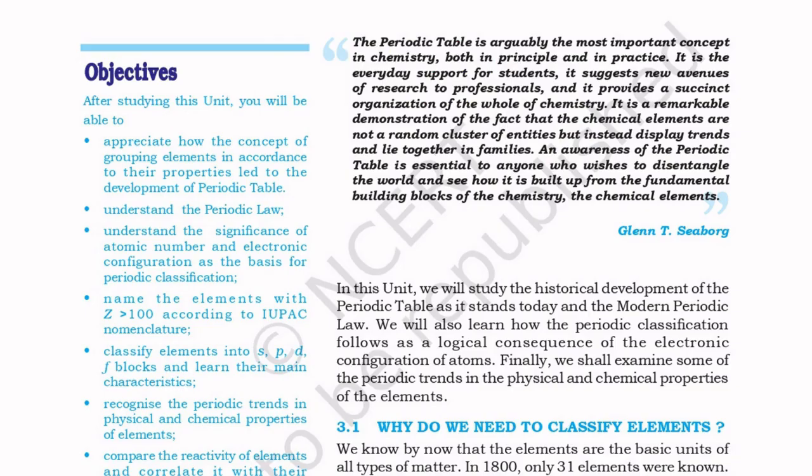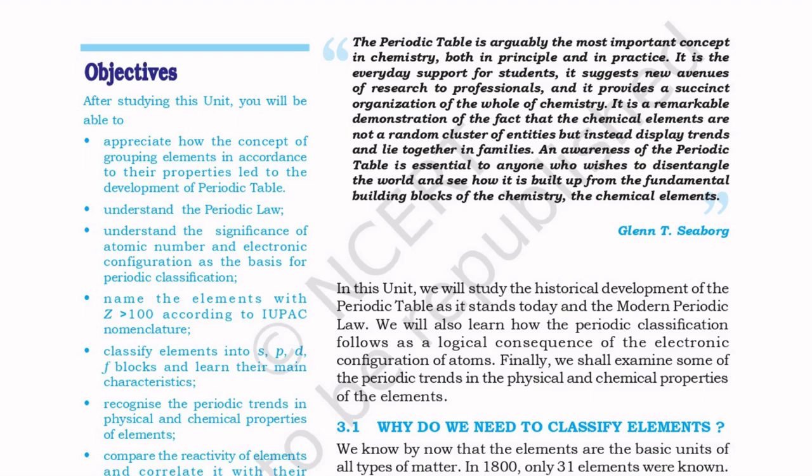Unit 3: Classification of Elements and Periodicity in Properties. Objectives. After studying this unit, you will be able to appreciate how the concept of grouping elements in accordance to their properties led to the development of the periodic table, understand the periodic law, understand the significance of atomic number and electronic configuration as the basis for periodic classification, name the elements with Z greater than 100 according to IUPAC nomenclature,